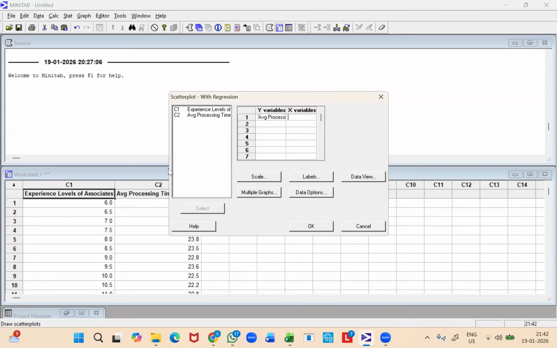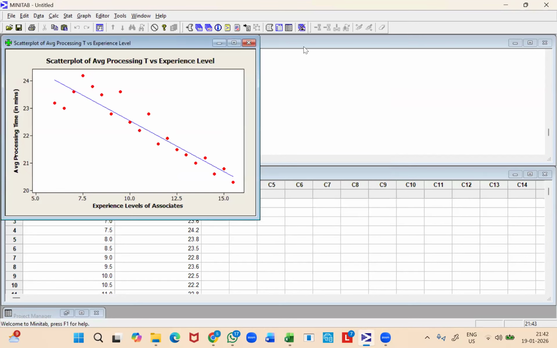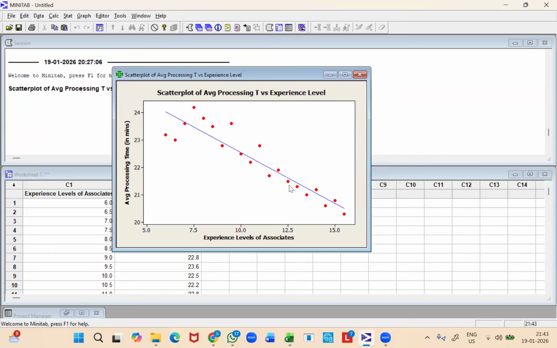So here the experience levels will be driving the average processing time. So average processing time will be your Y variable and the experience levels will be your X variable. And then let me construct the scatter plot for this. So as we expected, we see a downward slope like formation of data points, which would clearly indicate that the